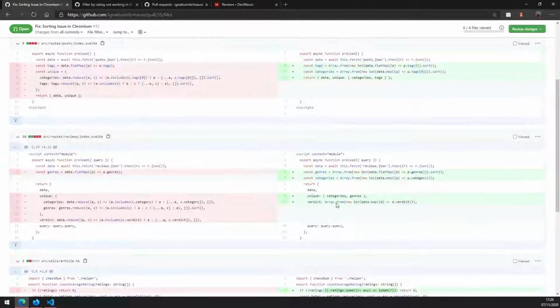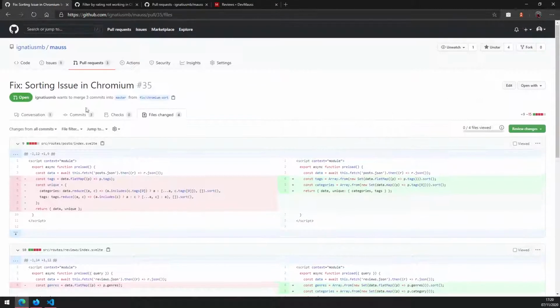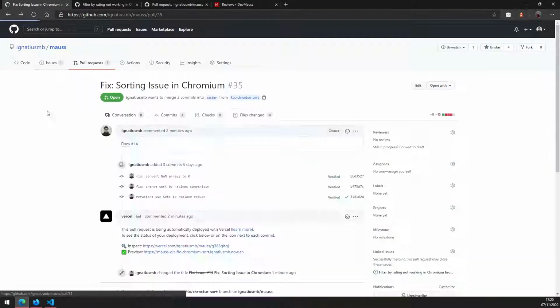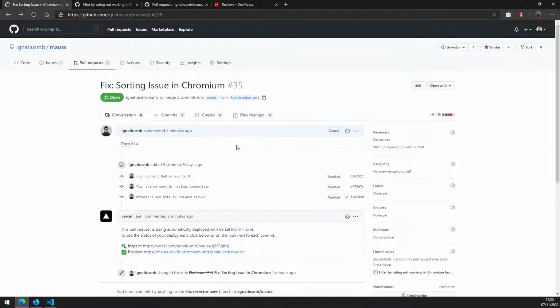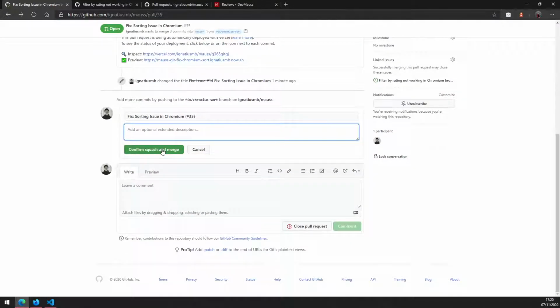I think it's better for us to merge a small pull request rather than a huge one at a time. So you will want to make a small and minor pull request every time to not overwhelm the reviewers that are working on the repository. So we could just squash and merge this. Okay, so if we confirm squash and merge,